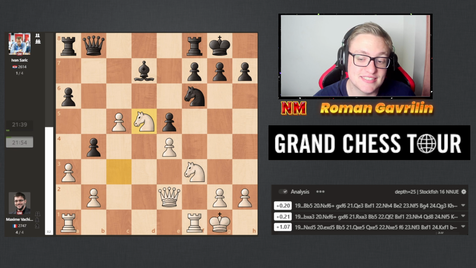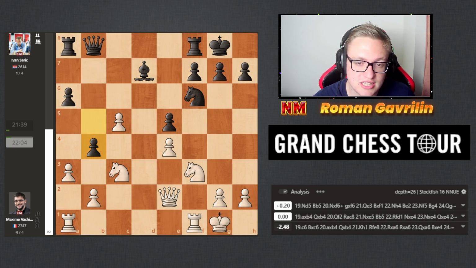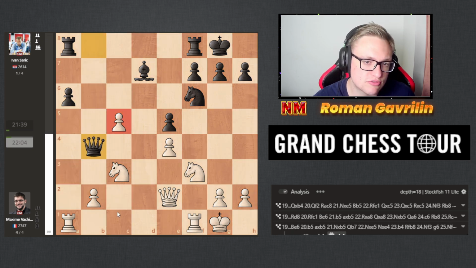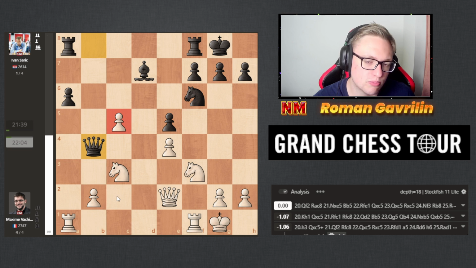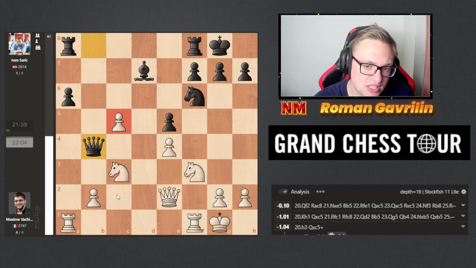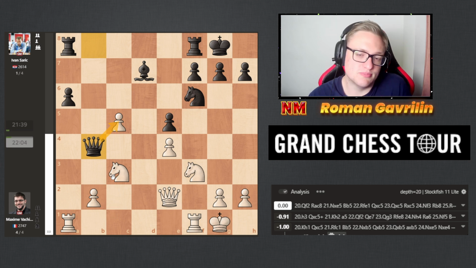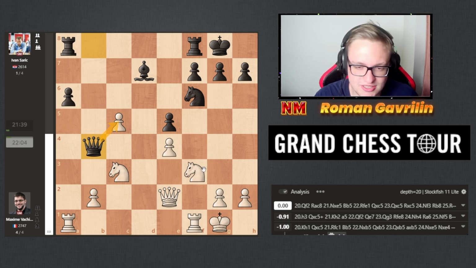We had almost the same position as after knight d5. This move is allowed. So what's wrong with this move? After this move, queen b4, unfortunately for white pieces, black have enough compensation for the pawn, not for the pawn, they will actually take the pawn and be up a pawn, because let's say knight f5